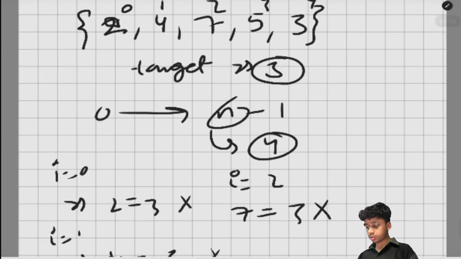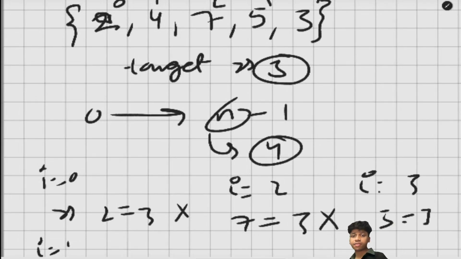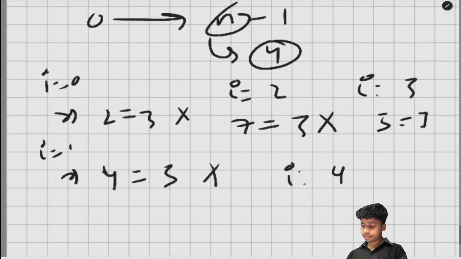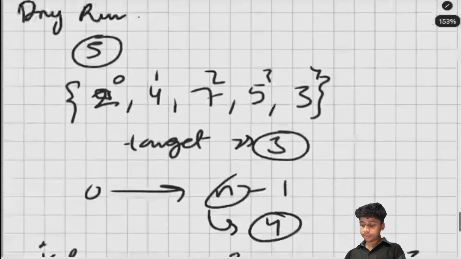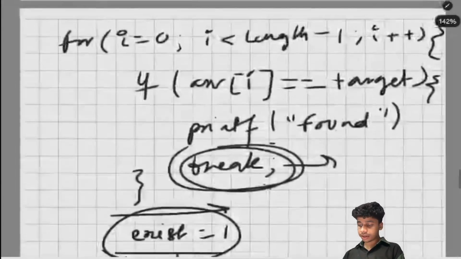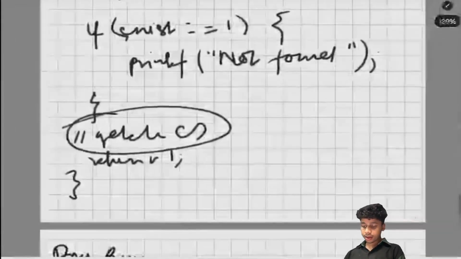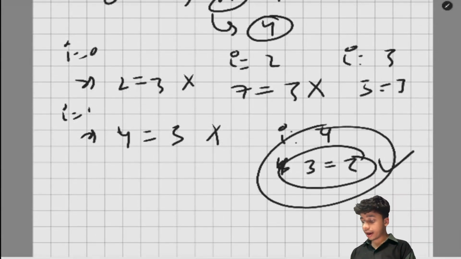equals 3, it says no, then i equals 3. Let's check, is 5 equal to 3? It says no, 5 is not equal to 3, and then i equals 4. Then the element, which is 3, is 3 equal to 3? It says yes. So our yes has come, it will print found, break out from the loop, and then return. So this is how our linear search worked, and we found 3 as the element